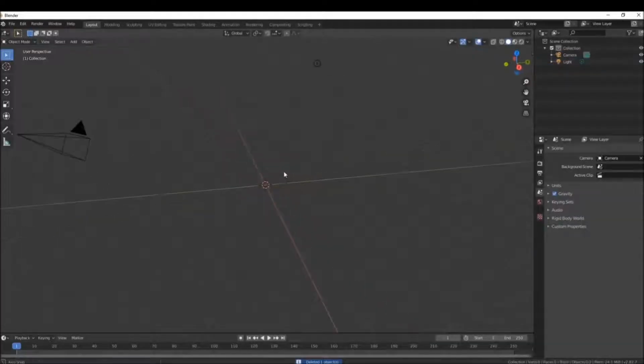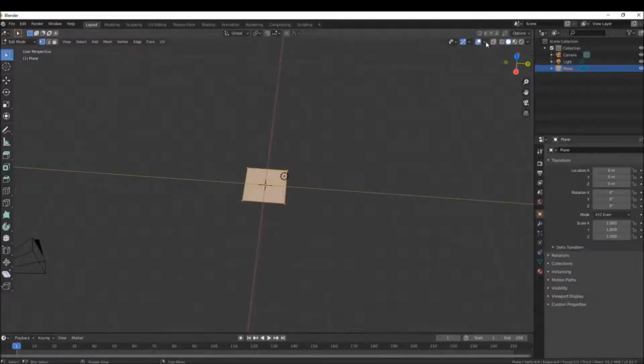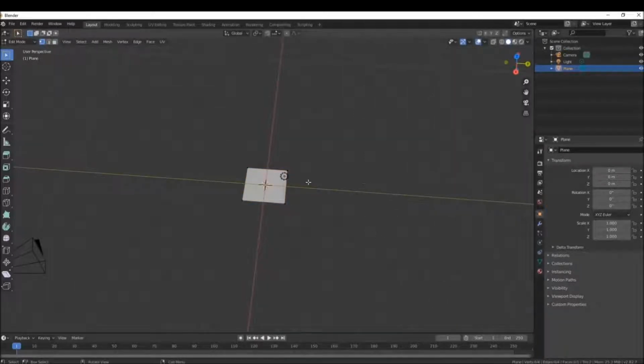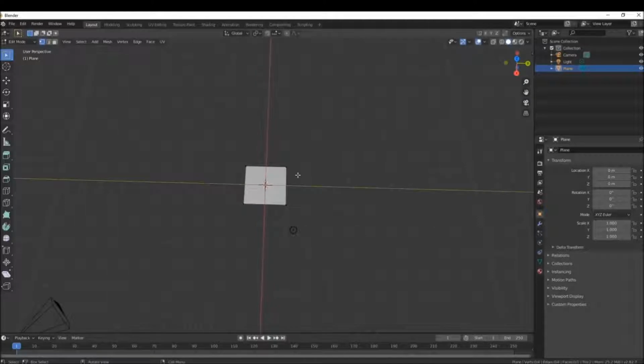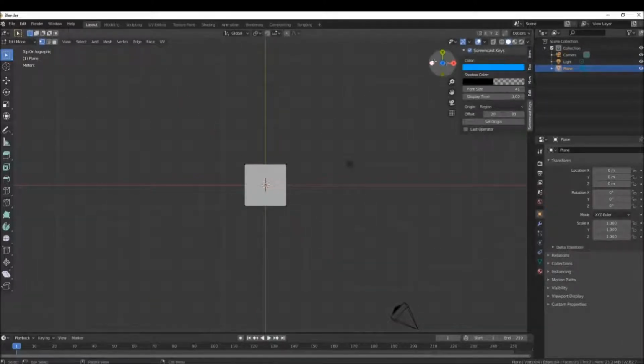So the first thing I'm going to do is get rid of this default cube, and I'm going to add a plane. Now this plane just gives us an idea of what the ground is. And normally at the scales we're talking about, there would be some curvature due to the earth, but we're not going to worry about that here. I am going to scale it up so that it's something similar to the scales that we care about when we're actually taking renders. So if I hit 7 to look at this from above,